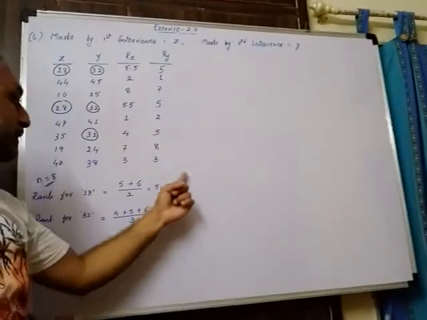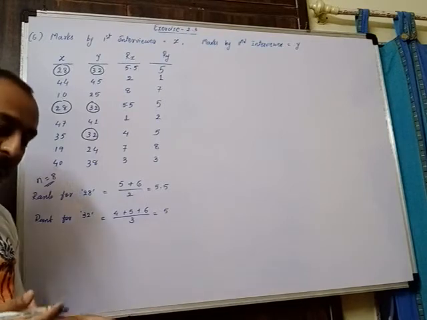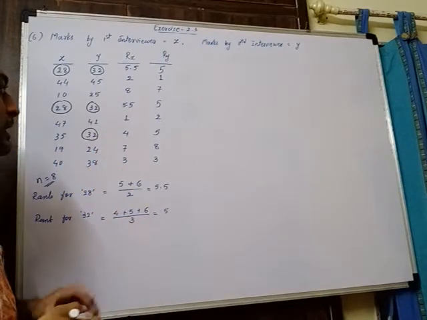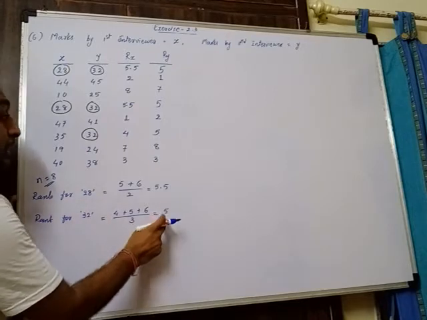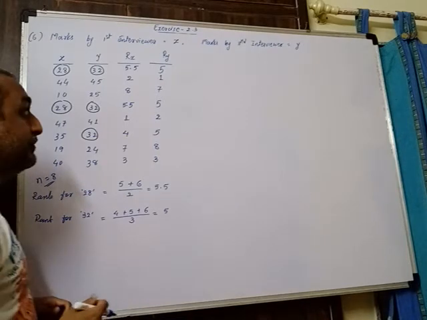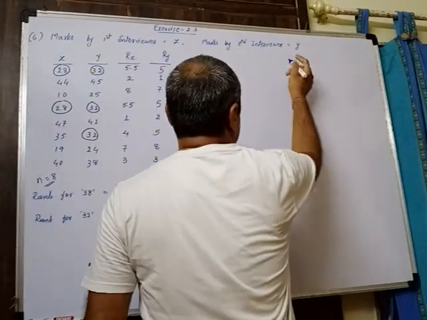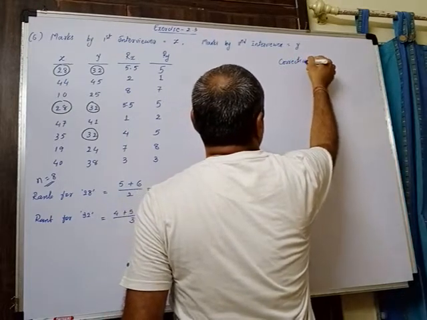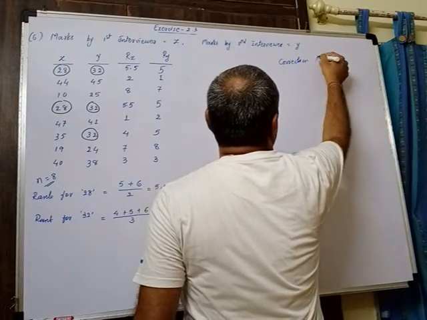So this is what the main part is, when there is a tie-in observation available, assigning the average rank. Okay. Now as we have calculated the value, that is average rank to the observations, we'll find out the correction factor. I am showing you that calculation over here. See now. Correction factor.